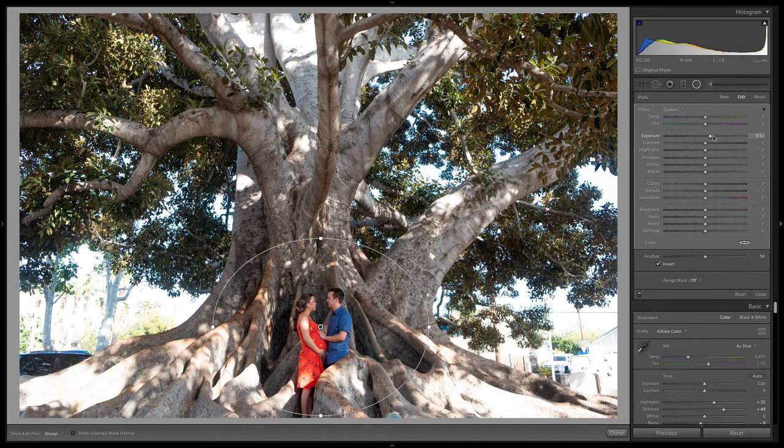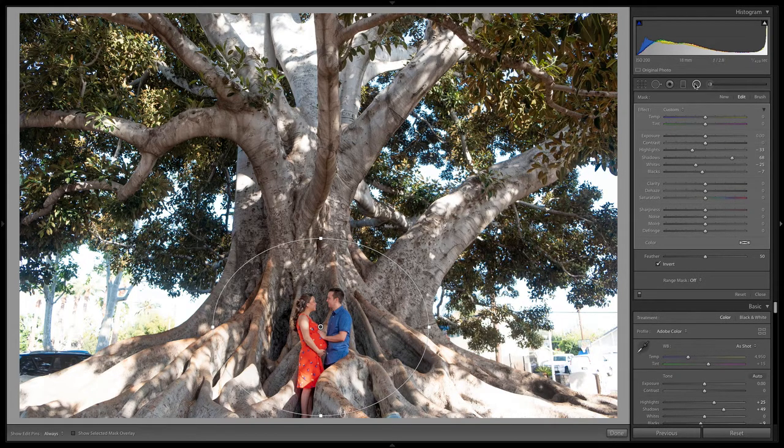Now I'm going to boost the overall exposure. Bring up the shadows especially. Maybe bring down the highlights actually, because there are some highlights and some whites that are a bit overexposed, and then the blacks. I might not need to bring up the overall exposure. I can just bring up the shadows even more. So now I feel like the exposure on us matches more of what the exposure is on the tree up above. So I think that looks a little bit better.